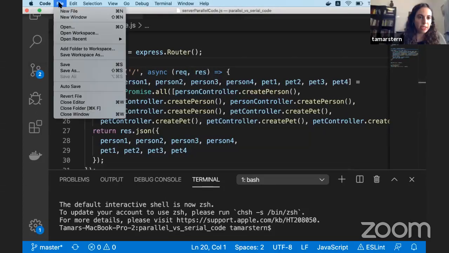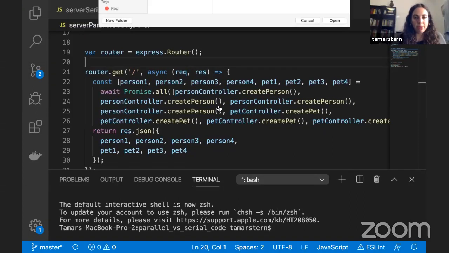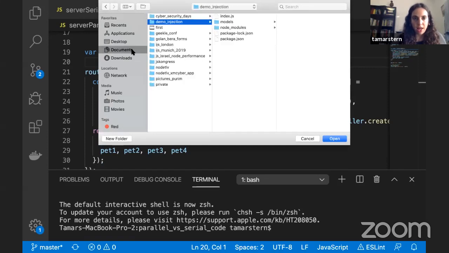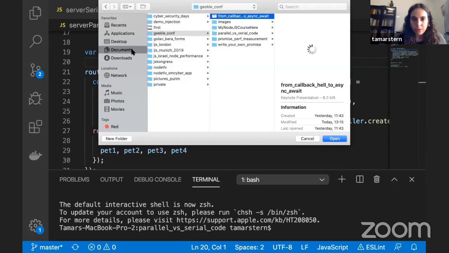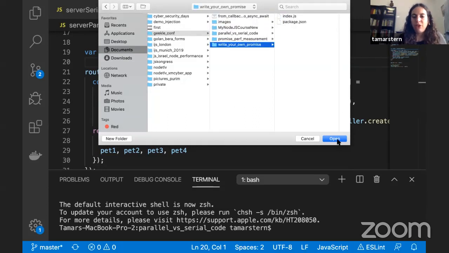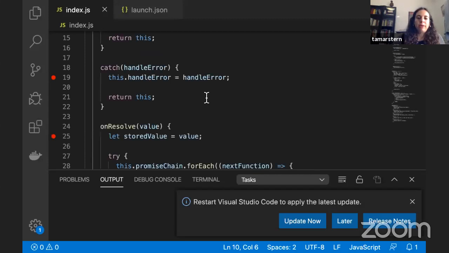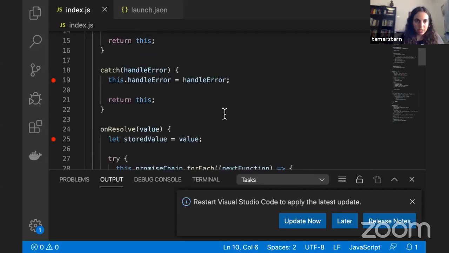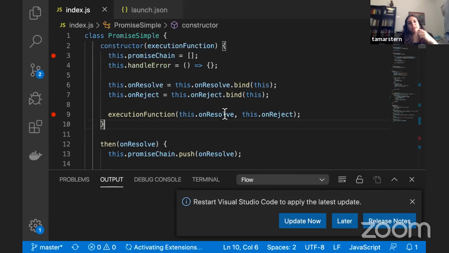All right, let's show the promise implementation itself that I would like to show you. So if you have wondered how to write a promise in JavaScript, I have to share with you one more thing. Promises in Node.js are written in C and C++ in the core, just to make them much more efficient. But let's look at a simple promise implementation. So that is our class. We have a constructor. It receives some function, an execution function, and